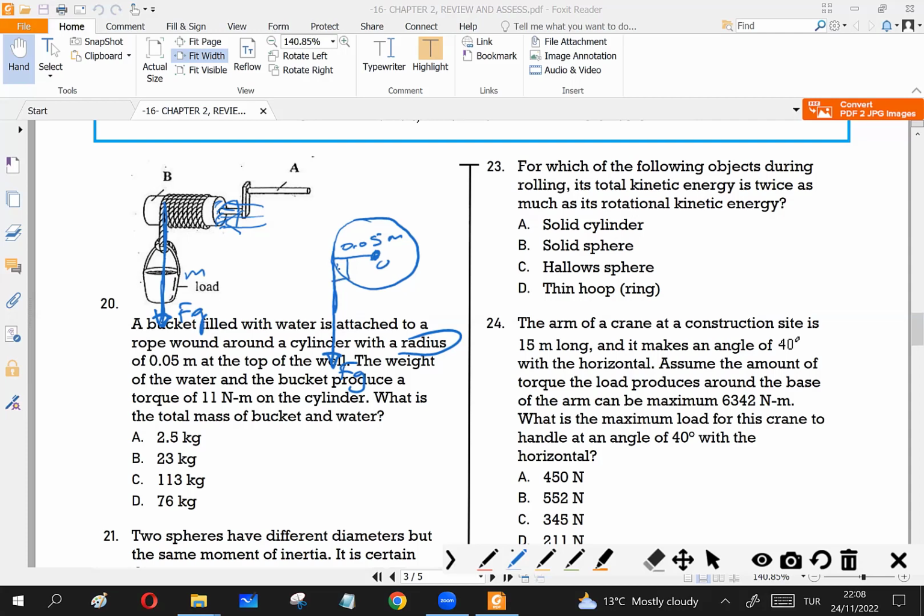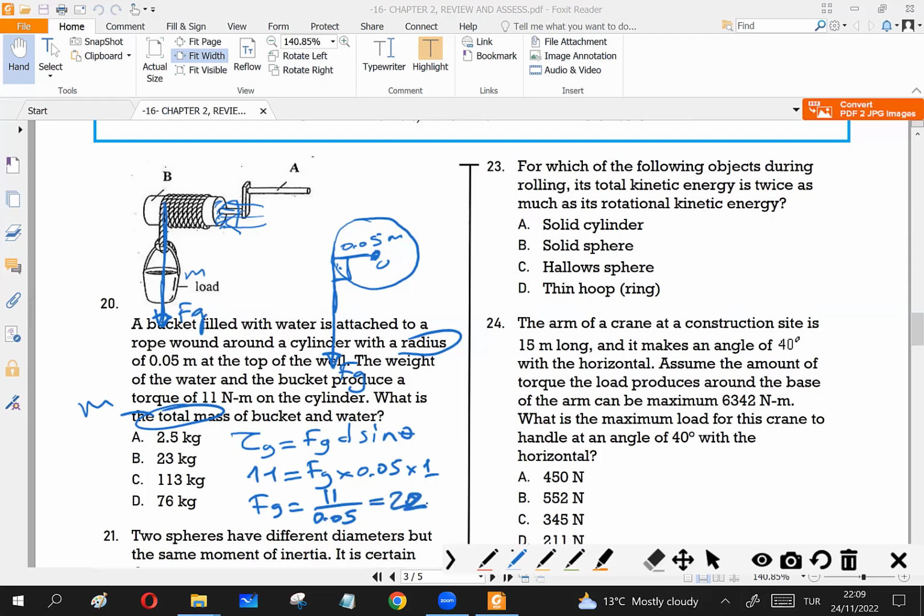And I know that the tangent line is always perpendicular to the circle or the cylinder surface. Then torque produced by Fg is going to be Fg times distance times sine theta. Torque is 11 Newton meter. Fg, what is mass? I will find mass, but before finding mass, I should find Fg. Distance is the radius of the cylinder, 0.05. The angle between the radius and the tangent line is 90. Sine 90 is 1. So Fg is going to be 11 divided by 0.05, which is going to be 220